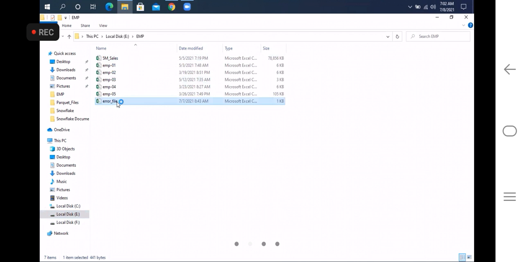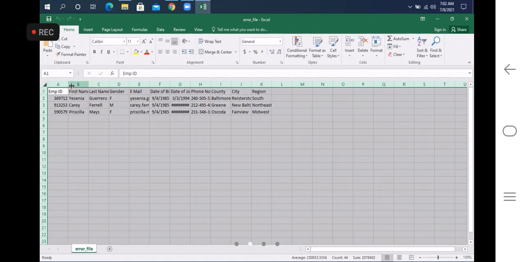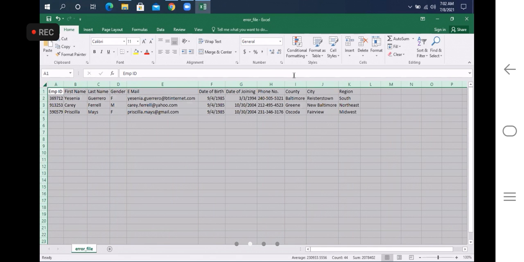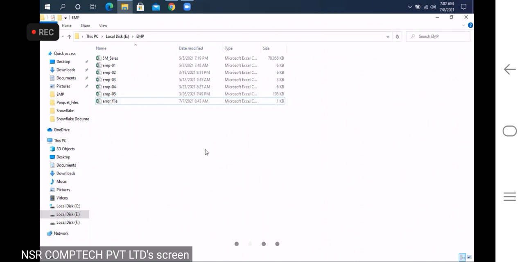The file format is wrong actually, so I have corrected the file format. So these three records are error records, right? We have corrected the three records with the proper date format. Okay, so now either